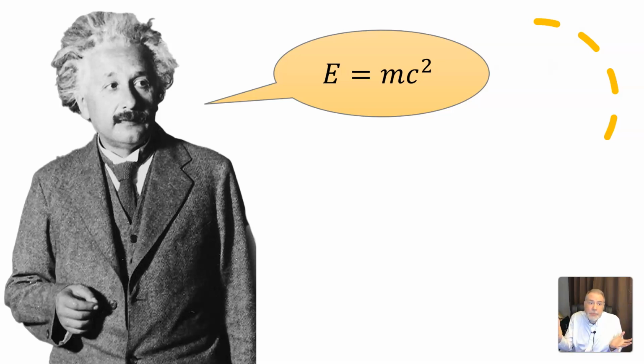Otherwise, it's pretty meaningless. So to really understand and appreciate what that equation is trying to tell you, you have to know that the E stands for energy, the amount of energy, the M stands for the amount of mass, and the C stands for the speed of light. It helps if you know that the speed of light is a very large number, so that number squared is even bigger, and that means that a relatively small amount of mass can be converted into a large amount of